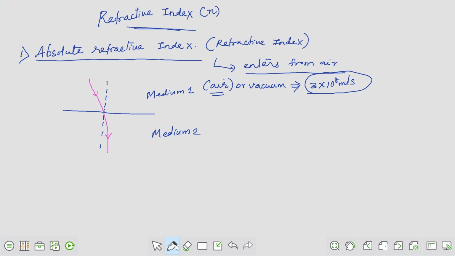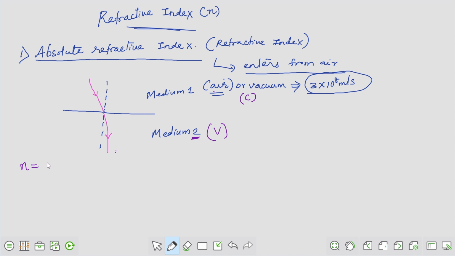Now, speed of light in air or vacuum is denoted by C, and speed of light in a medium, this can be any medium, is taken as V. What is the refractive index of the medium? So, here I am finding the refractive index of this medium. Why? Because light is bending in this medium. When I say refractive index, just remember how much the light bends. So it bends in the second medium here. So refractive index of medium 2